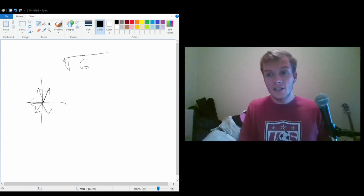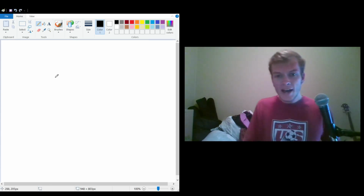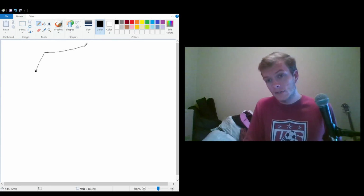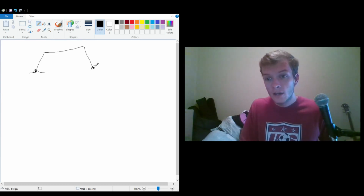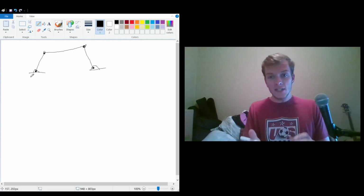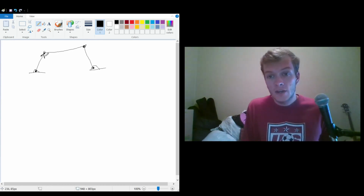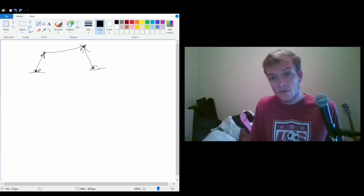But essentially what the vector notation is, if we have our 4-bar linkage, so we have some random configuration that just happens to look exactly like the last one I drew because it's the quintessential 4-bar linkage, then essentially what we're doing is we're saying that each of these linkages is a vector. So we're going to say that this is a vector, this is a vector, this is a vector, and then we're going to have one last vector coming from here